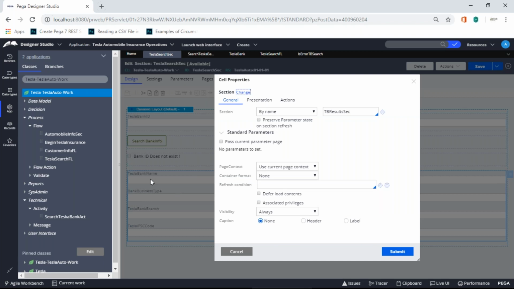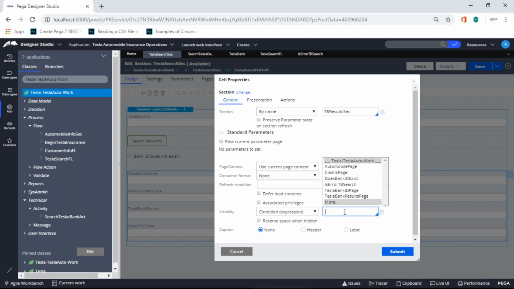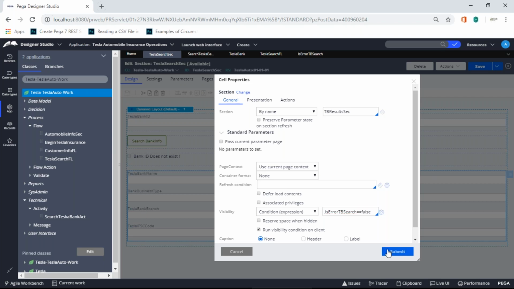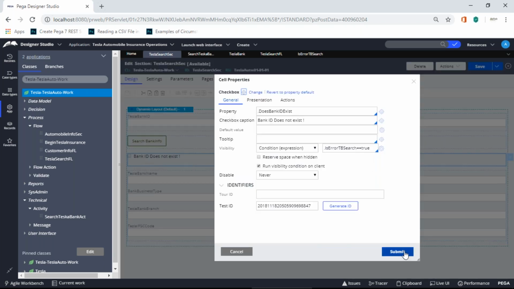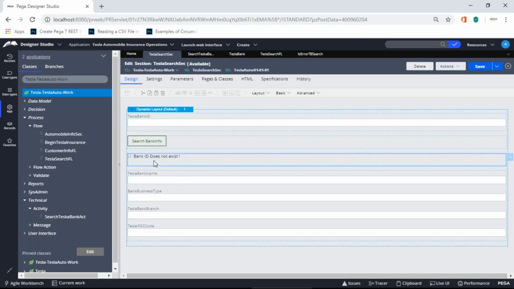Okay, so Samir, coming back to the initial question also, I can manipulate the section based on the true or false condition. So where is visibility, condition, expression? Now this should be visible when there is no error. This should be visible when there is error. And